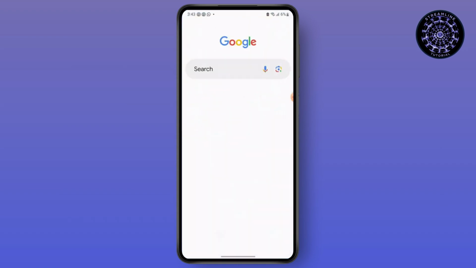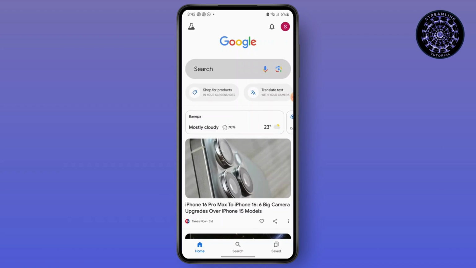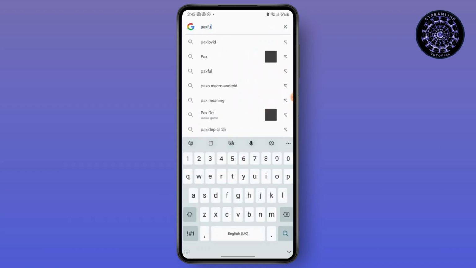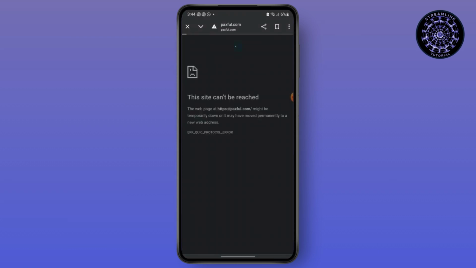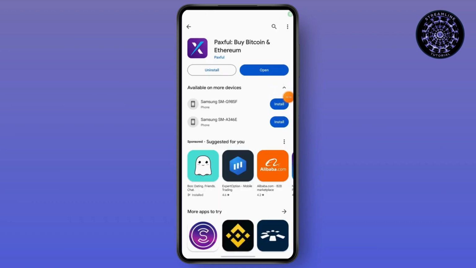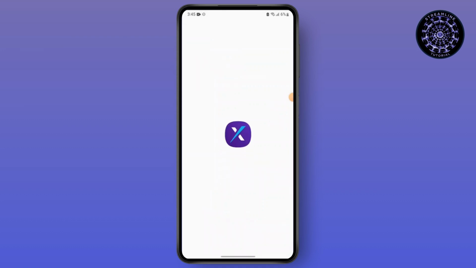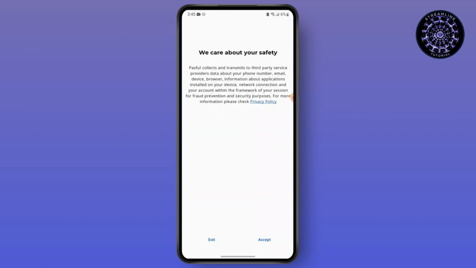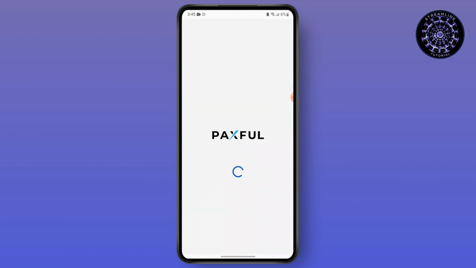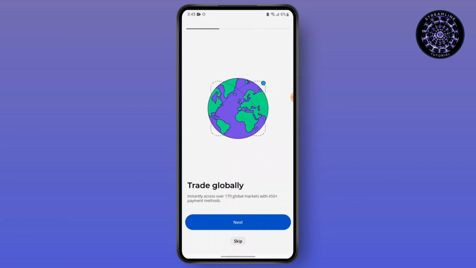So first you have to open a third-party website named paxful.com. Head over to your preferred browser and then simply search for paxful.com. Since the website was not reaching, I installed the application version. You can also install it using your Google Play Store or your App Store, and then simply open the app,